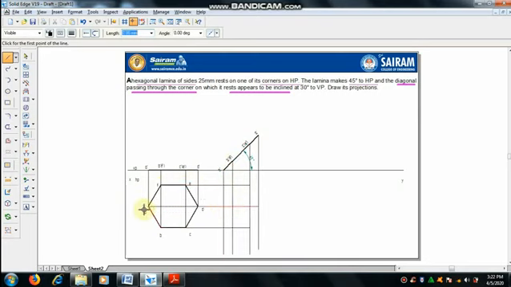Right, now mention the intersection points. We have to mention where A, B, C come.